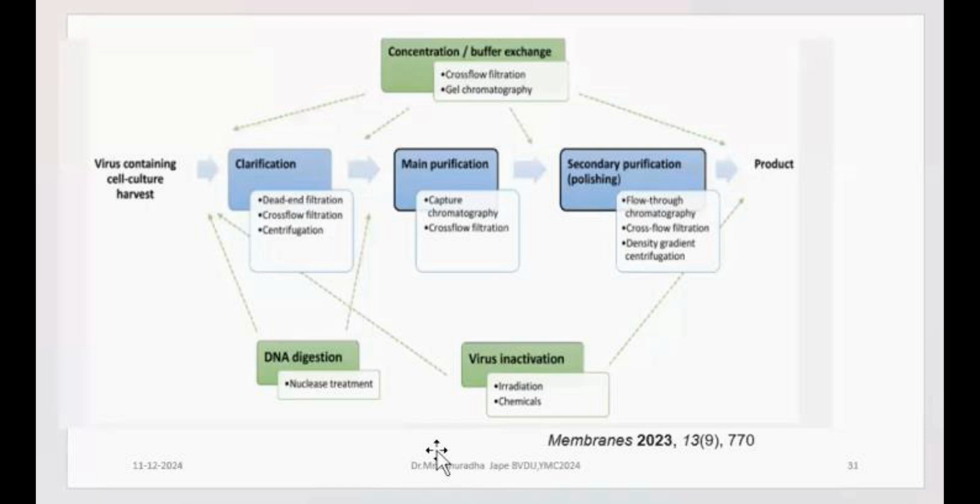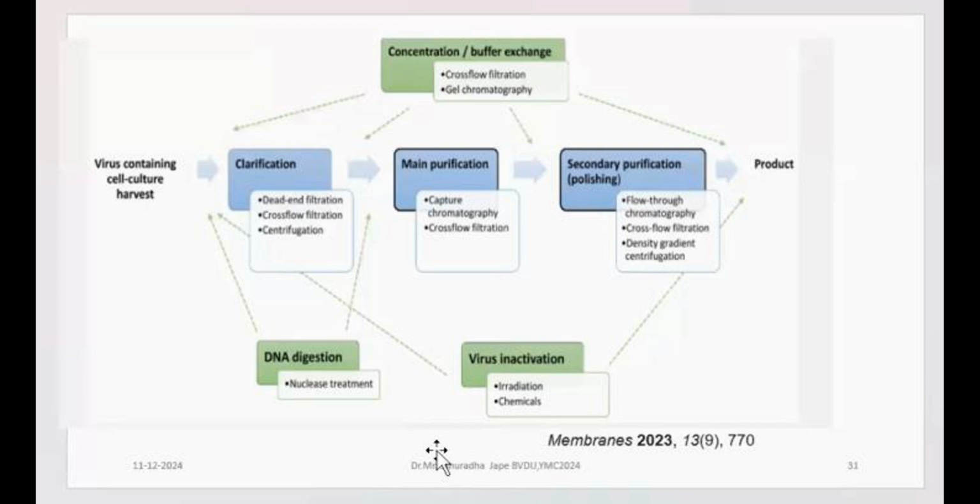So boronate columns have been used for several decades, you can say, in clinical laboratories, for quantification also. An example is glycated hemoglobin, HbA1c, that is the most common factor that we measure to assess long term diabetes and its management. HbA1c, glycated hemoglobin. So for purification of this glycated hemoglobin, boronate affinity chromatography is explored.